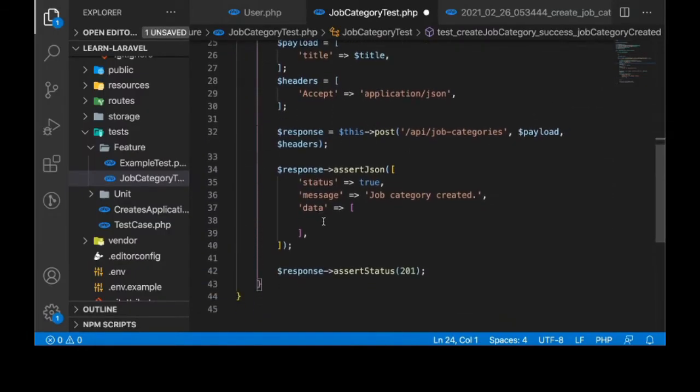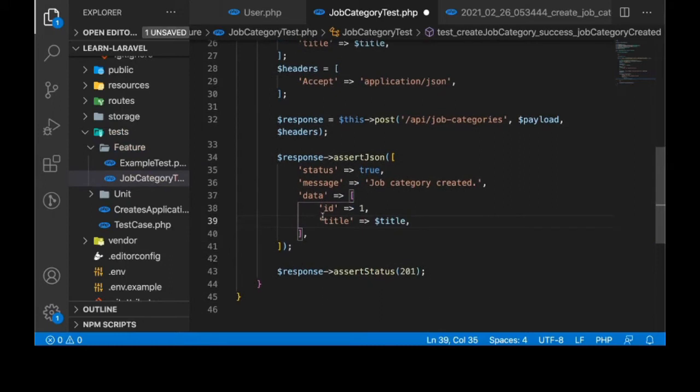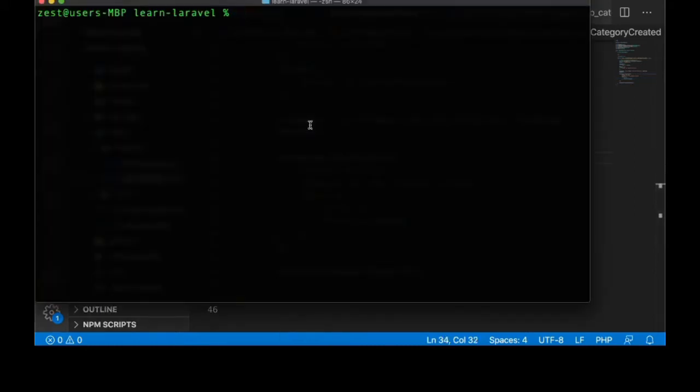What I want to do here is to modify this assertion. Remember that the data is returning the category we just created, so I can say ID to be 1 because that is the only record we have created so far, and title to be the same thing as the title when we created the category. And I run the test again,